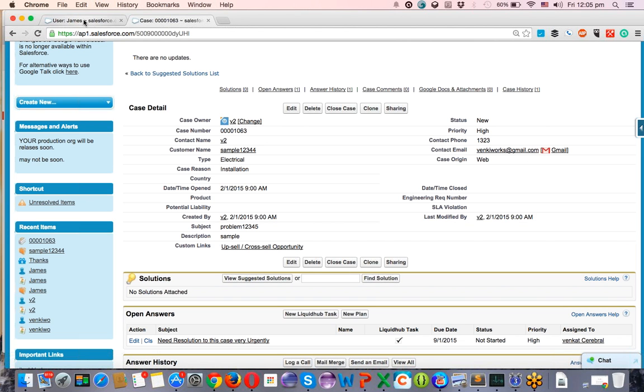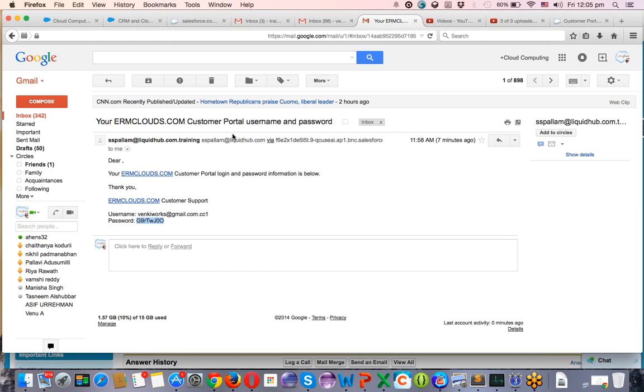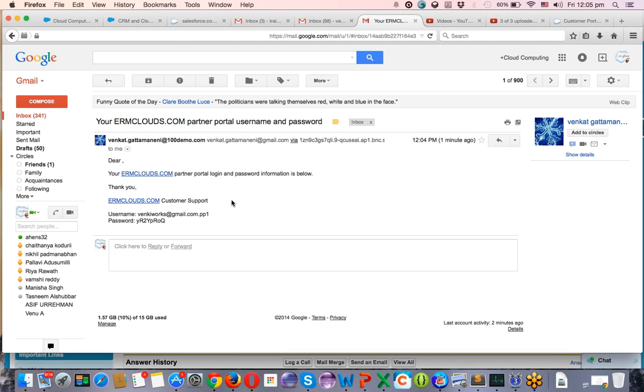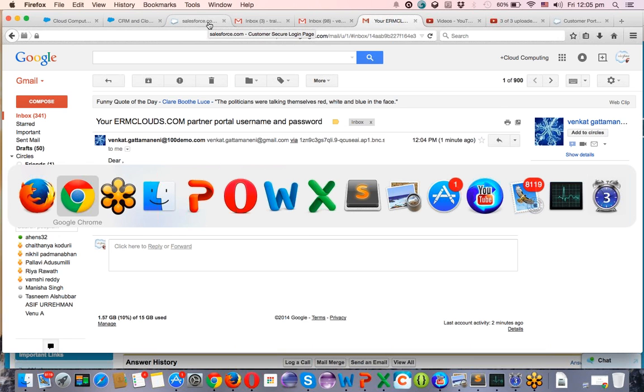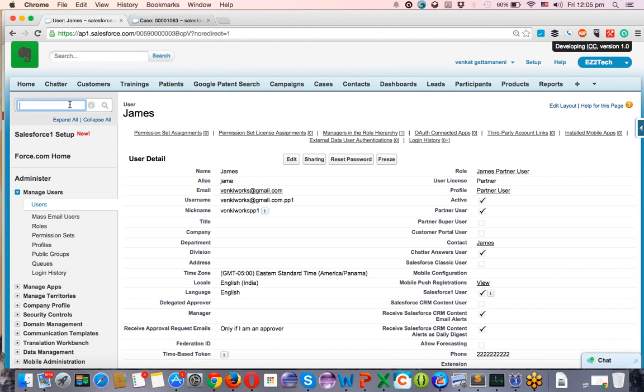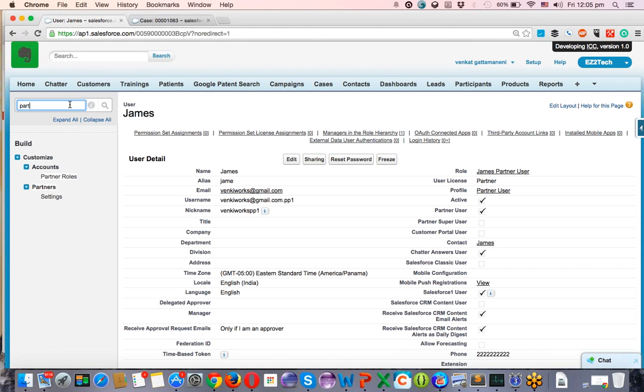Okay. Anyway, let's go and log in as a partner user now. If I click on this, no, this is the customer login user. If I click on this, I will get the partner user login. This is the login for that. For logging into this, I have to go to the partner login. Where I can find the URL, I have to go to the partner portal. These URLs I can put on my website, so on the ERM cloud site I can put